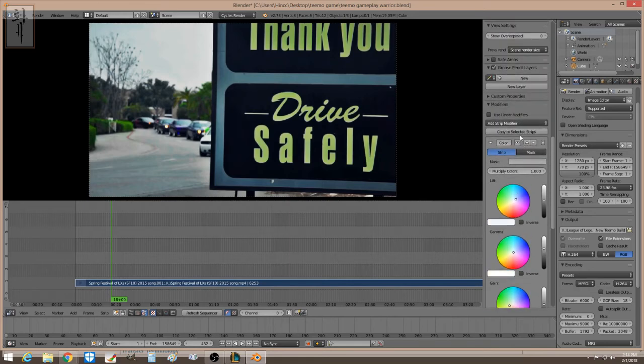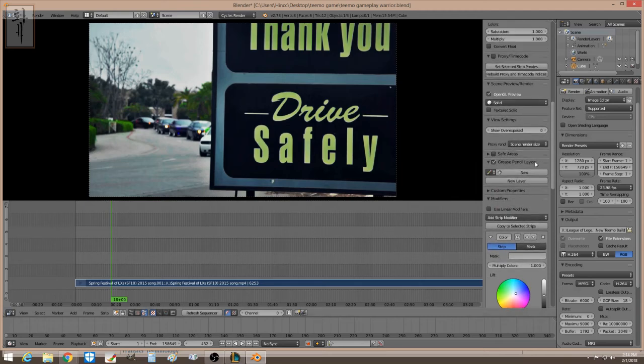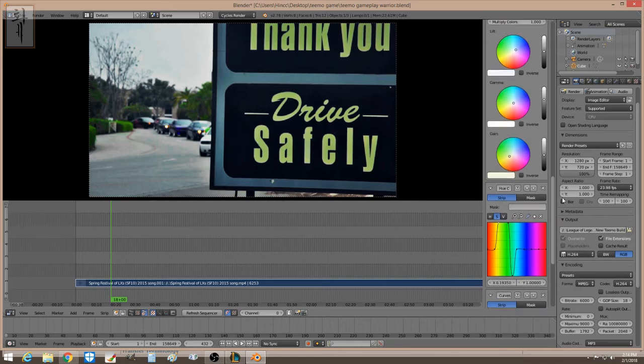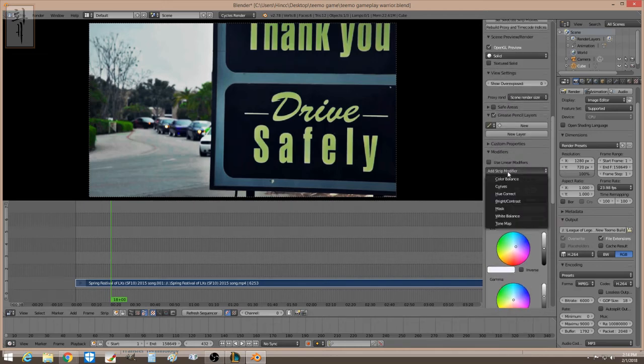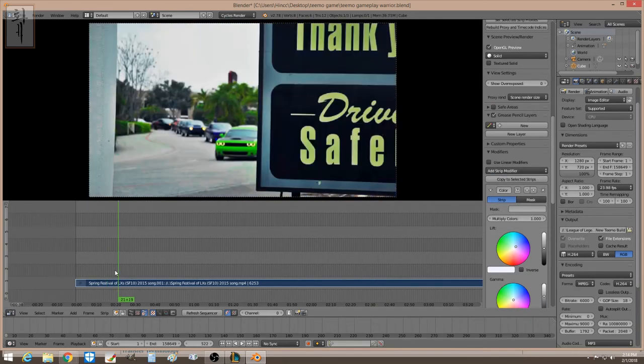Let's see. There's also white balance, tone map. Yeah, you can simply affect the color grading to your video by just going to your bar and go down to asterisk modifier. But some people prefer to,